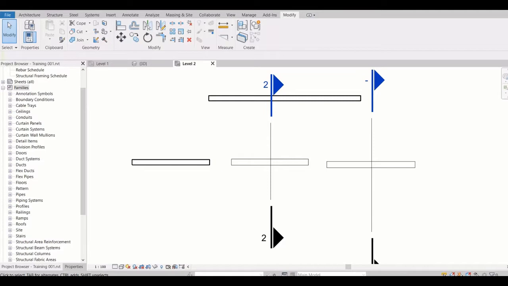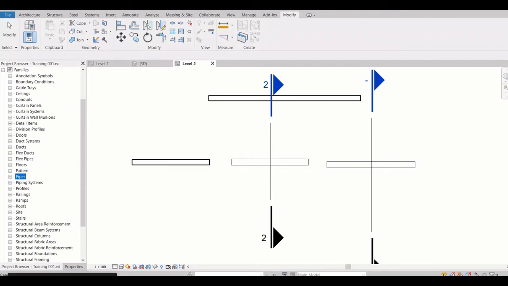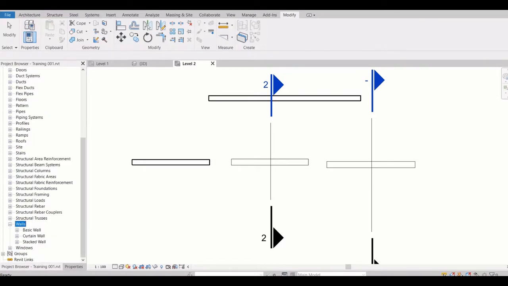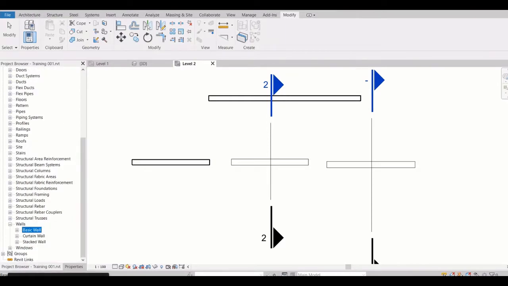So this is like the pipe family, and then this is a type of our families. Like we go to wall, so this is my wall family, named wall, and then basic wall family, and then type of basic wall, curtain wall, or all these.